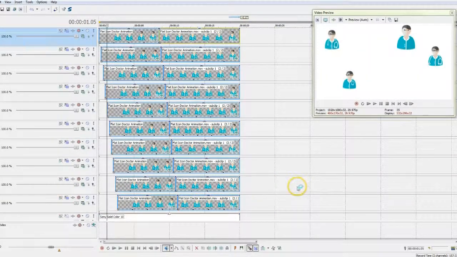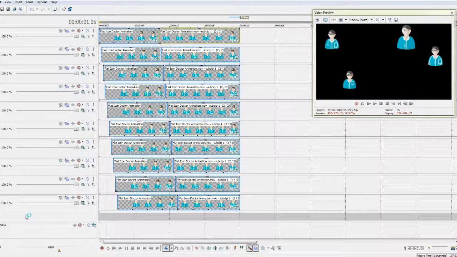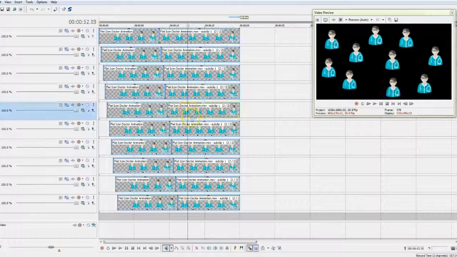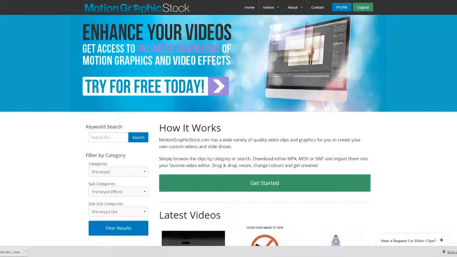So now the last thing that we need to do, so that this is not white in the background, it's actually transparent. We're going to just delete our white track, and now we have our 10 doctors with a transparent background, and we're going to change that transparent background to another background that we're going to pull from Motion Graphic stock. Okay, so now we're going to grab a background for our animation,